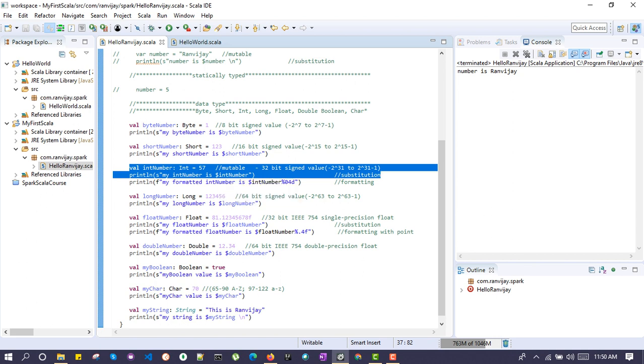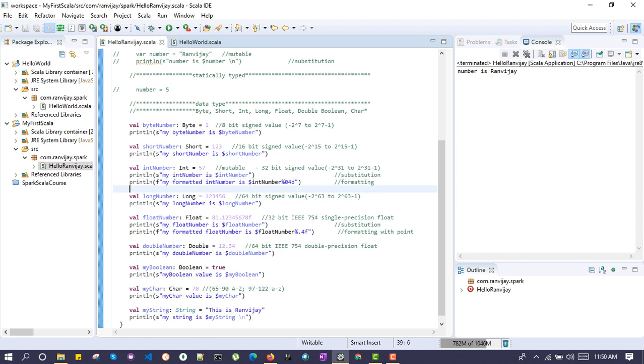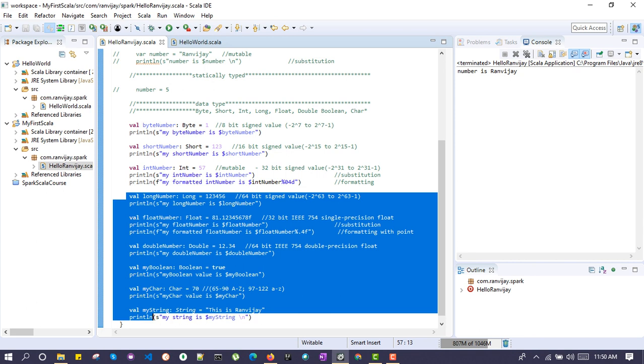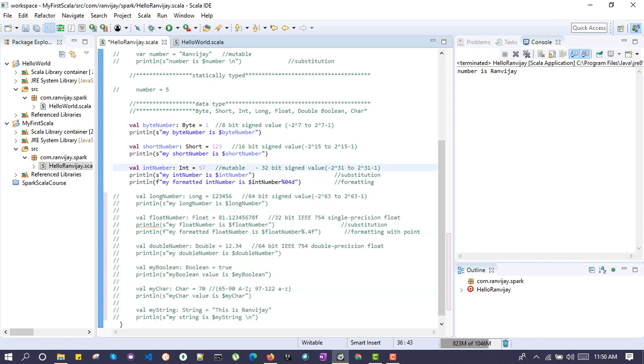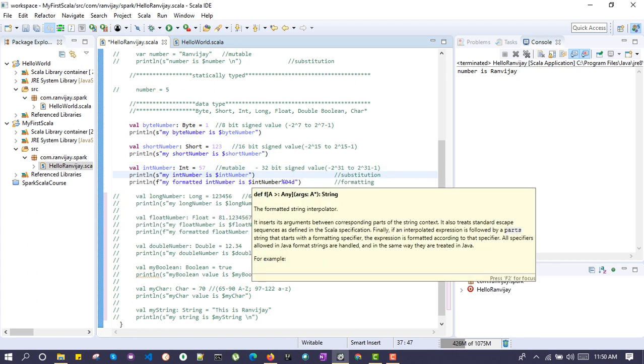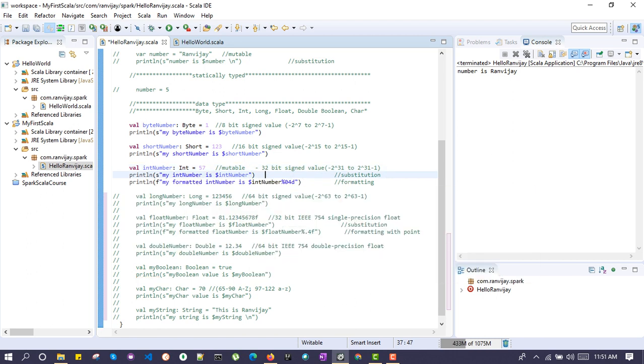And another way of formatting this one is, let's comment all the lines and let's go one by one. Let's run till this point. So one way is the substitution, one way is the formatting. So let's see what this does exactly, and we will explain later.